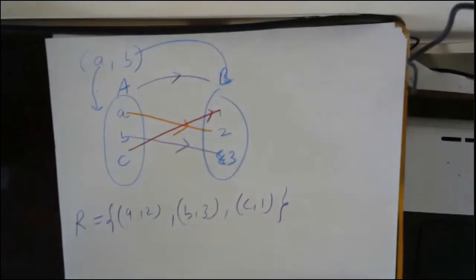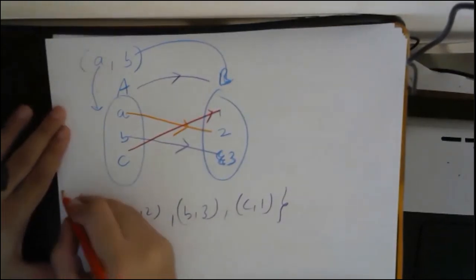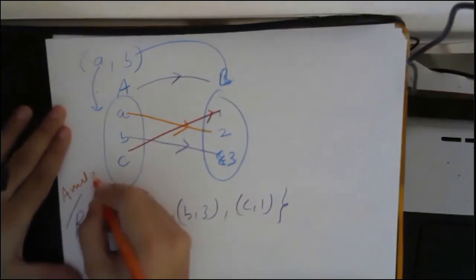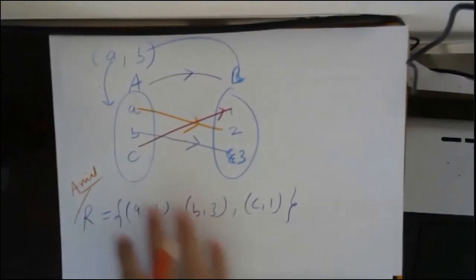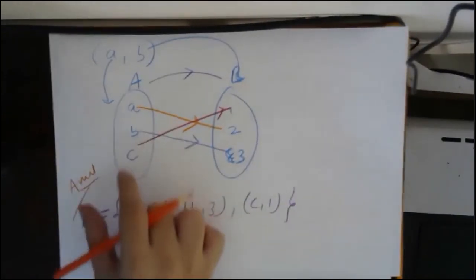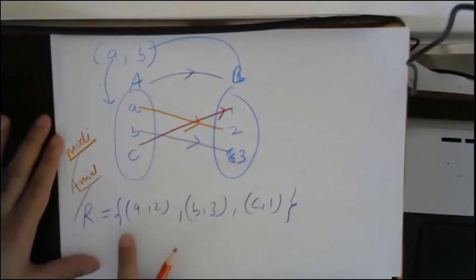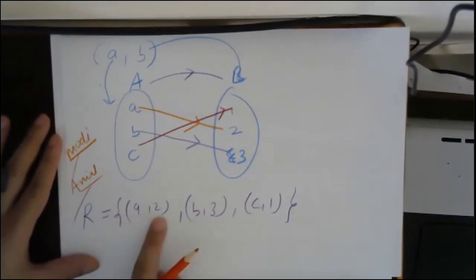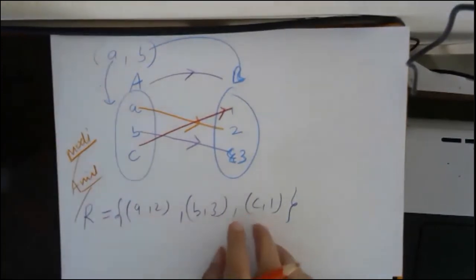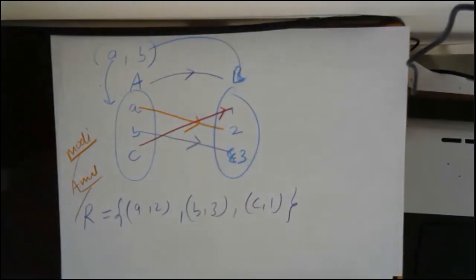It's just a name given. I can write this as my name also. Suppose this is a relation Amit. It's just a name given, I can write my name, your name, anybody's name. I can name this Modi also. Suppose this is a relation Modi, which has elements (A, 2), (B, 3), and (C, 1). Understood?